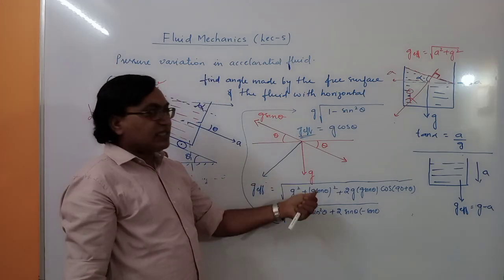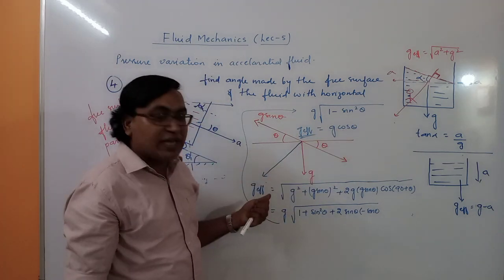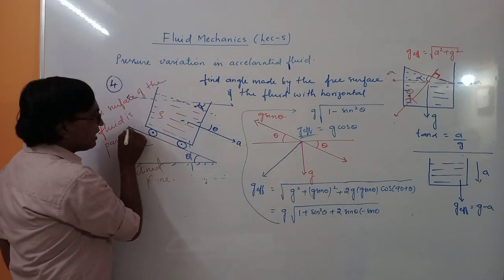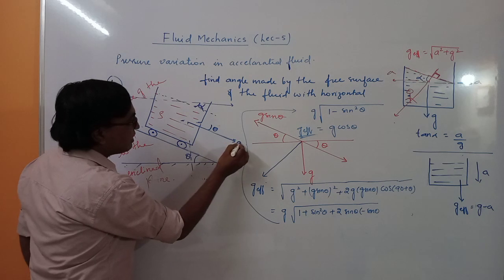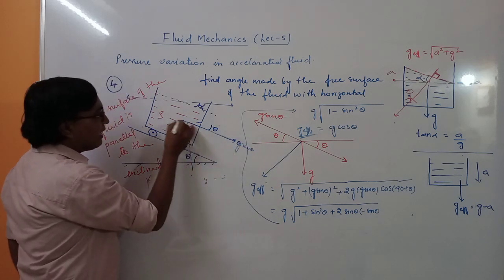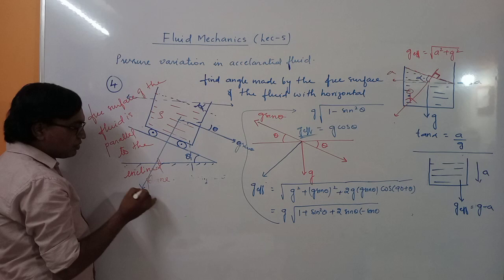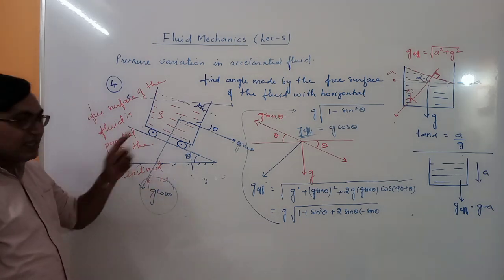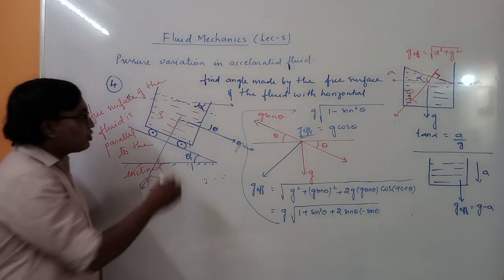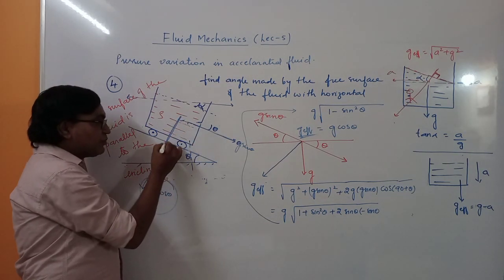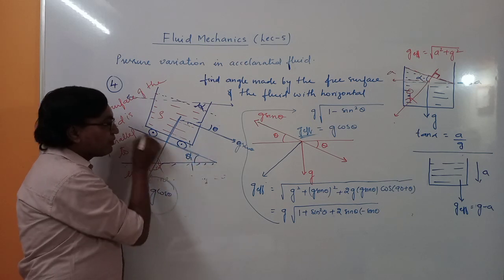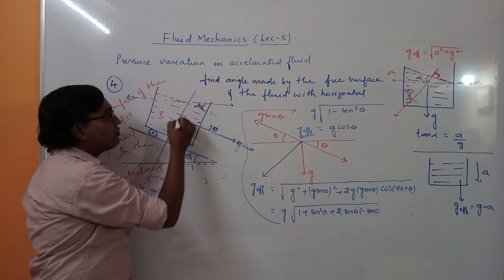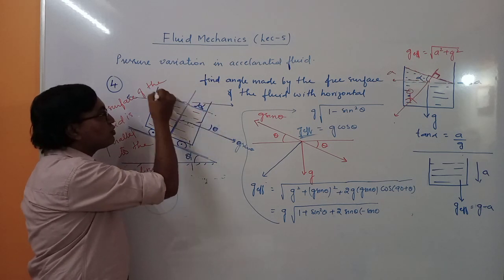Now this effective acceleration is equal to g cos theta. So where is g cos theta? Here we had g sine theta and the perpendicular component, so that was g cos theta. This is the only effective acceleration in this case from this frame. So this effective acceleration is perpendicular to the inclined plane. Then this acceleration must be perpendicular to the free surface of the liquid also.